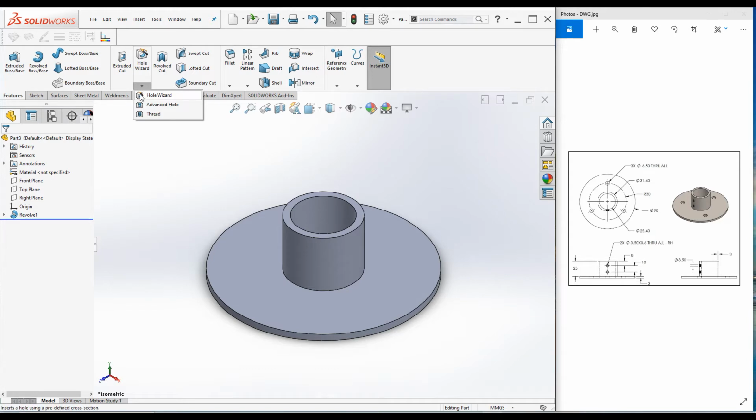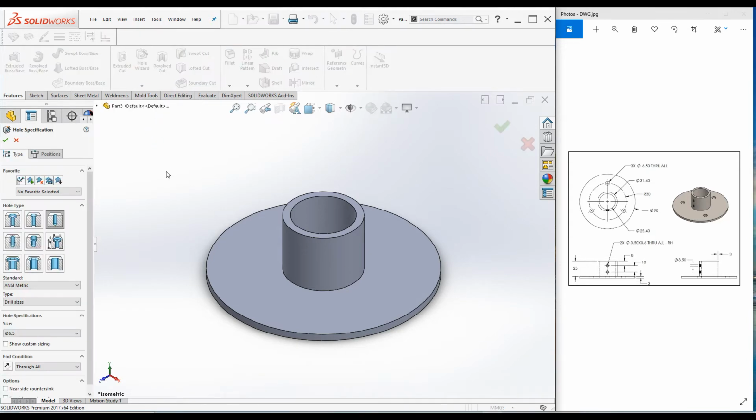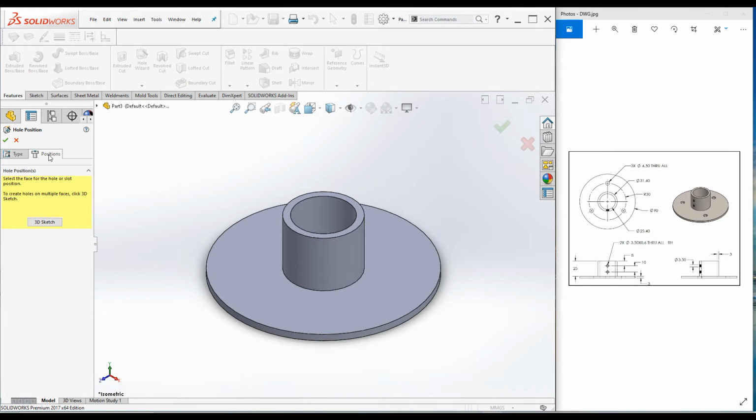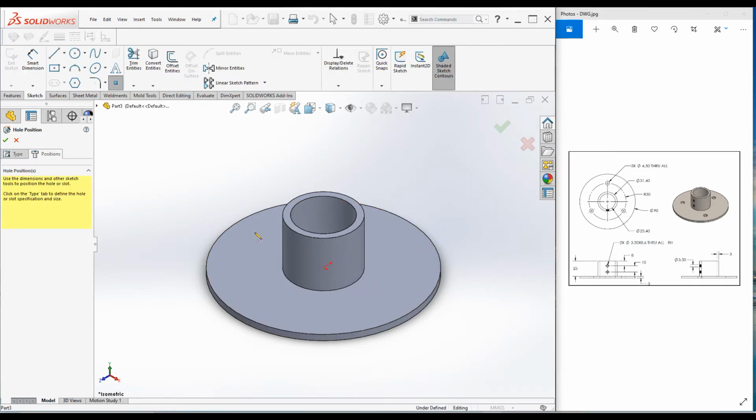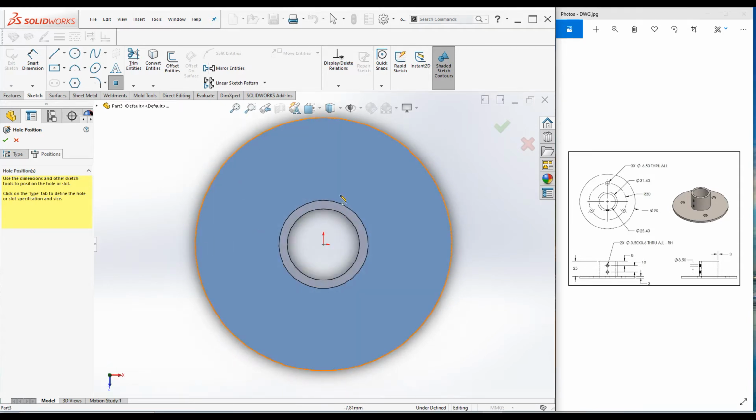Go to hole wizard, select hole wizard, select the hole type as hole, select standard as SI metric, type drill size and select the diameter 6.5 millimeters. For end condition, make it through all, select the position tab and select this surface. Press Ctrl 8 and place the hole